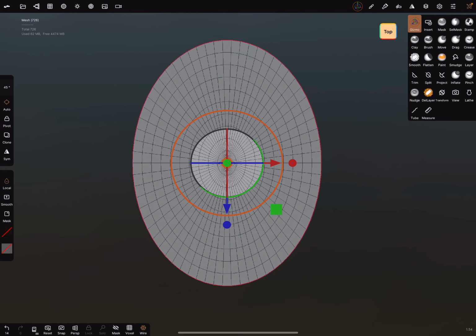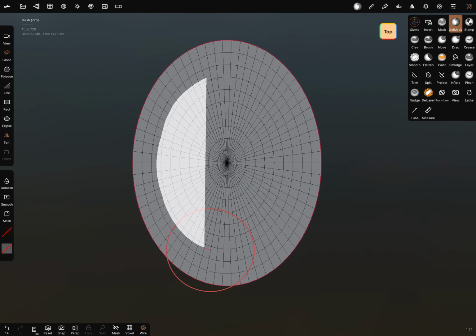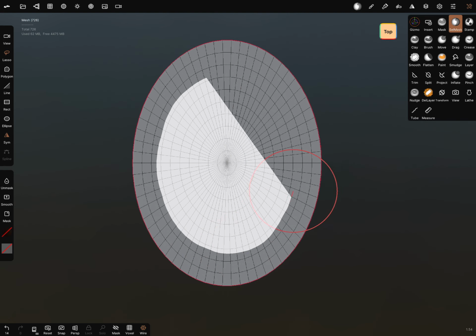And now we need a mask. I take the mask. We can also select the selection mask and the lasso tool, and we can draw with the lasso here.